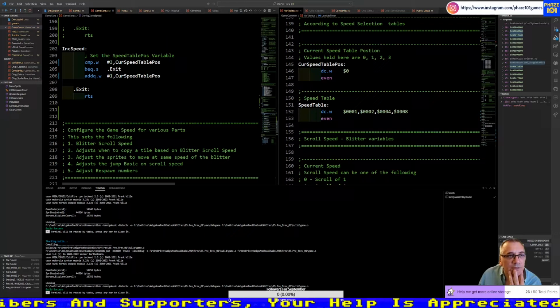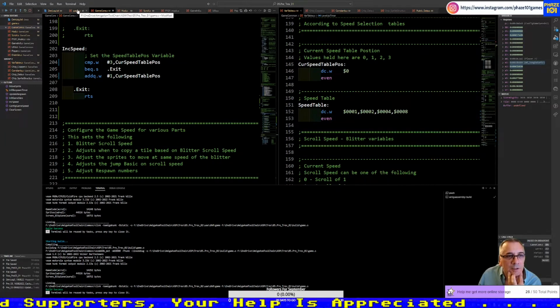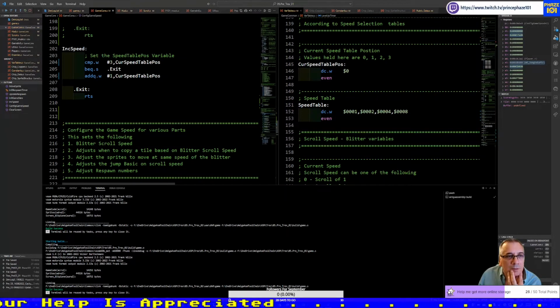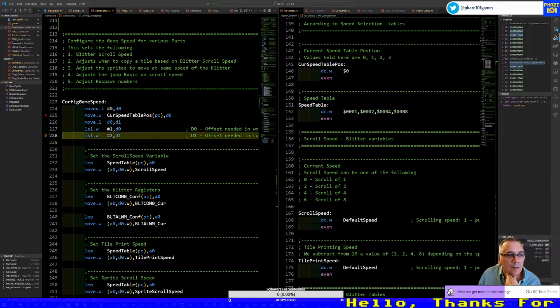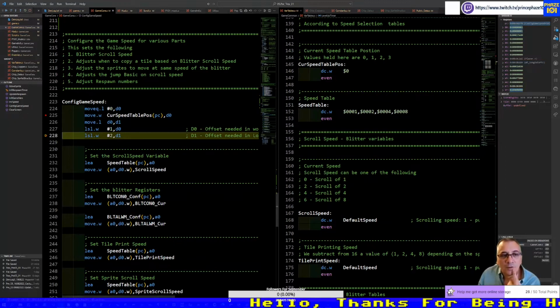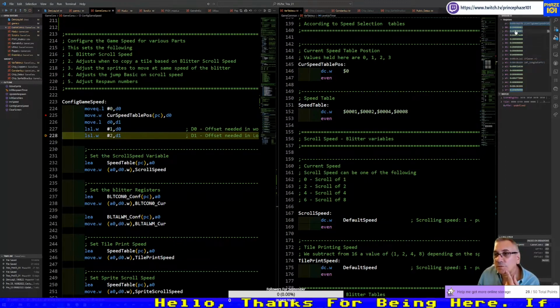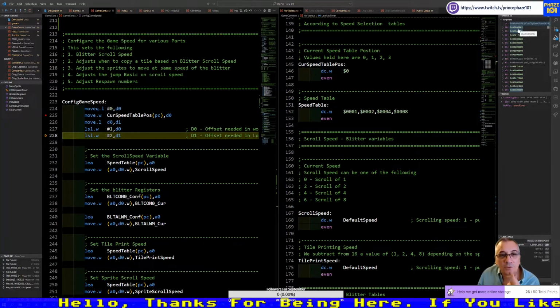So when we load the value, that should be 1. Yeah, because it is 2 and 1.